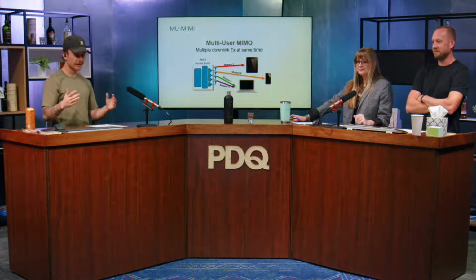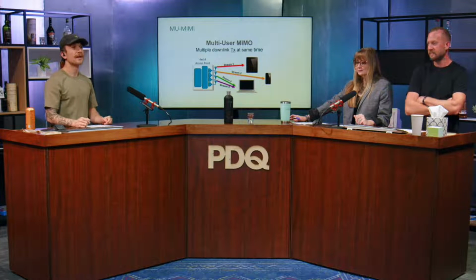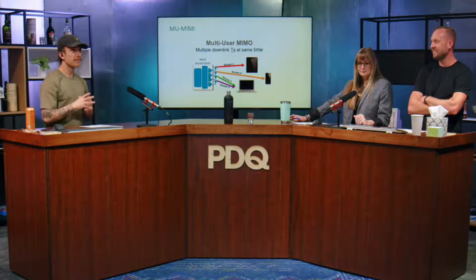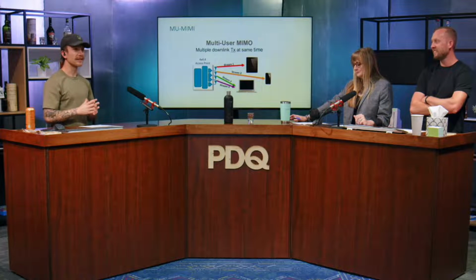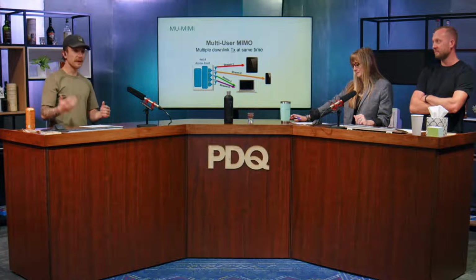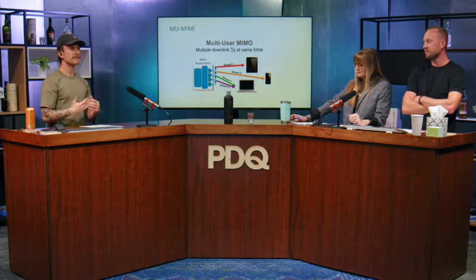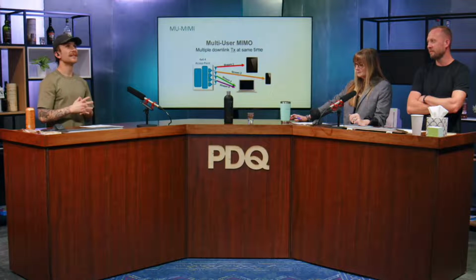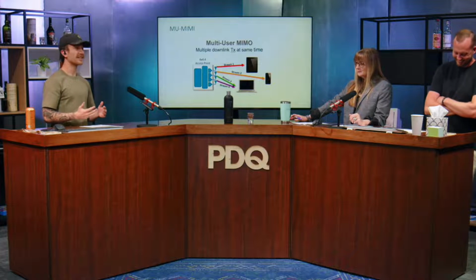The point I want to emphasize is that 6E is coming. It's here. But don't purchase $30,000 worth of equipment if it's going to do the exact same thing that 5 and 6 capable APs are going to do. The efficiencies are there. You have a new spectrum that nobody's really using yet, so you will notice the efficiencies, but it's not worth it for a couple hundred megs in bandwidth. I'm just telling you.